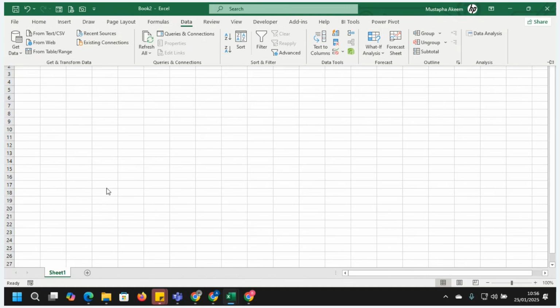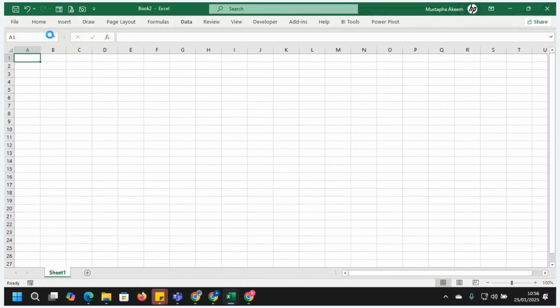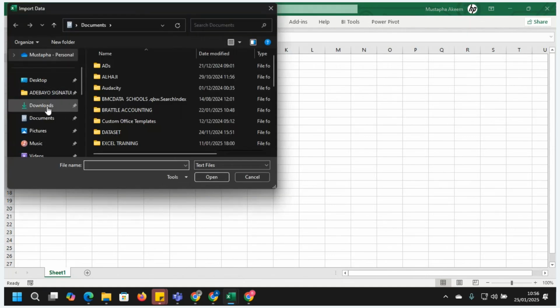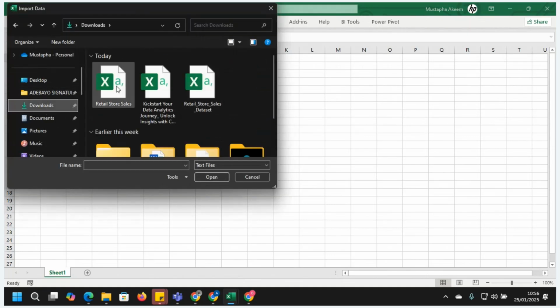Yes, we do some sort of cleaning in different ways, but this is better cleaning in Excel. This is the powerhouse. I'm going to click on From Text/CSV, and I'm going to select the source, and here is my data.